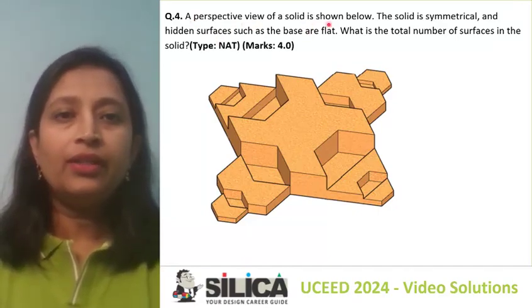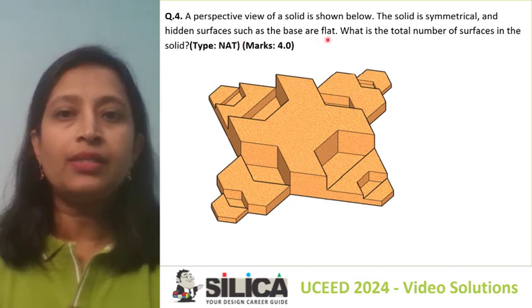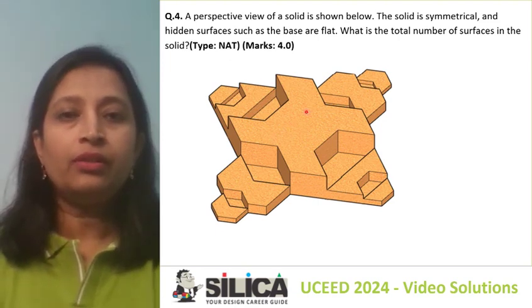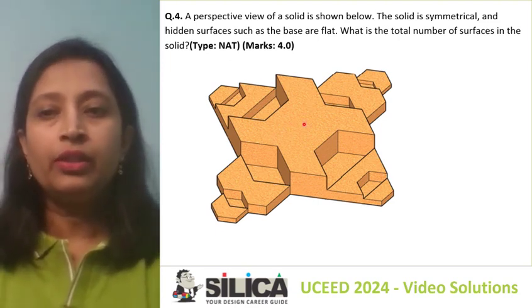Perspective view of a solid is shown below. The solid is symmetrical and hidden surfaces such as the base are flat. What is the total number of surfaces in this solid? So you have to count the number of surfaces here, and to make it more clear what the question